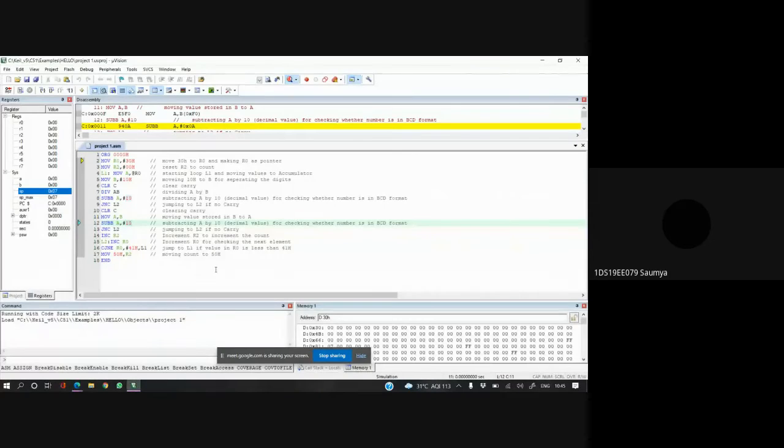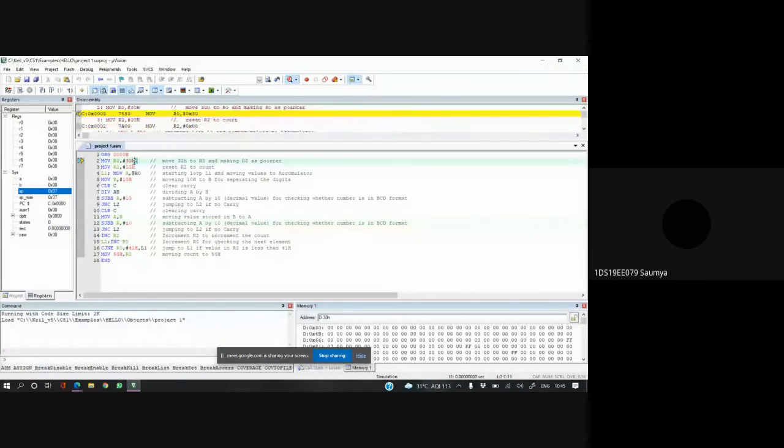Sir, is my screen visible? Yes. So I have stored the 30H location into the R0 register, and then initialized the R2 register to 00 to store the count.